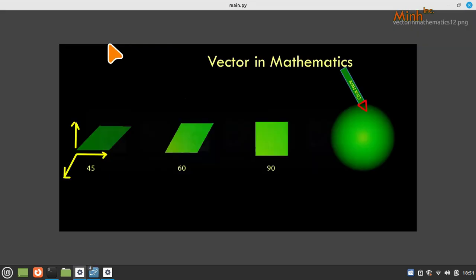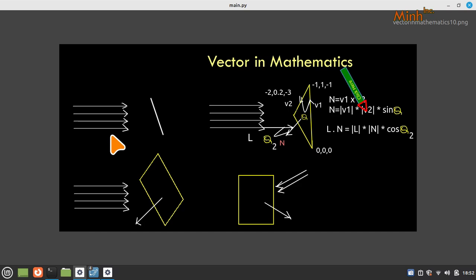What's going on? The light source is moving. Probably we can see from here. So the light source, in the first position